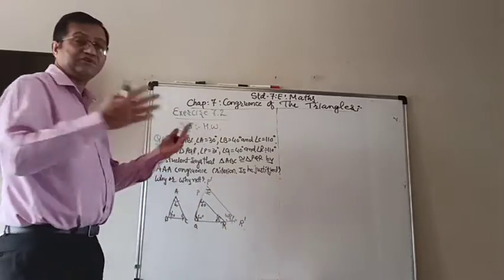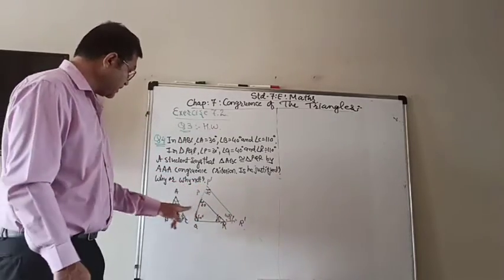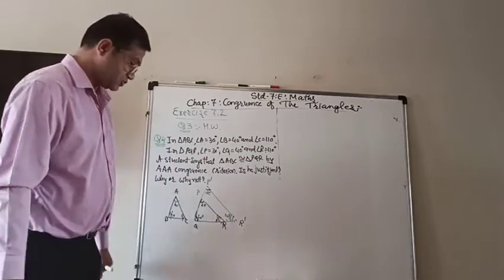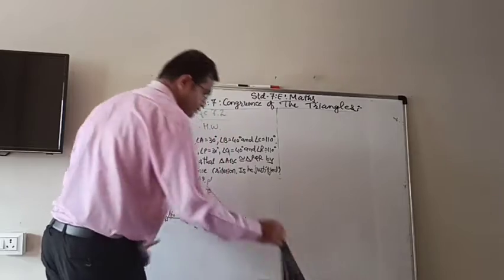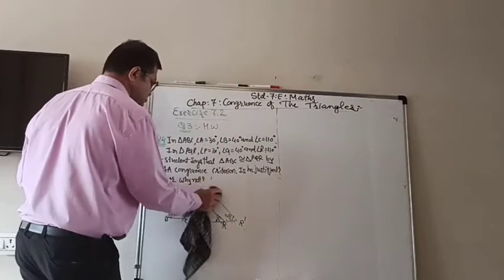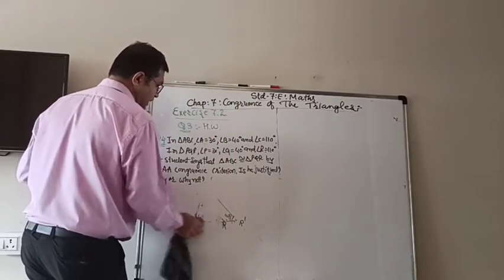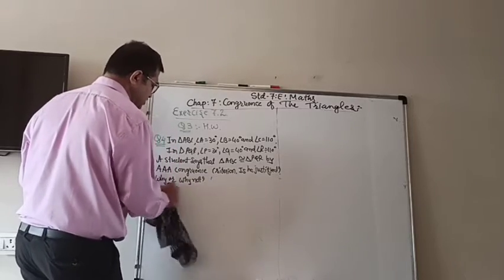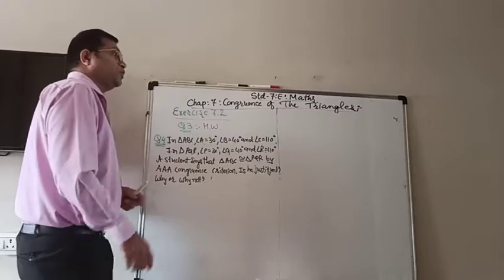So sides are different. Here the side can be equal also, or the side can be bigger also. You need not show it, but you just have to remember that AAA criteria is not sufficient to show that